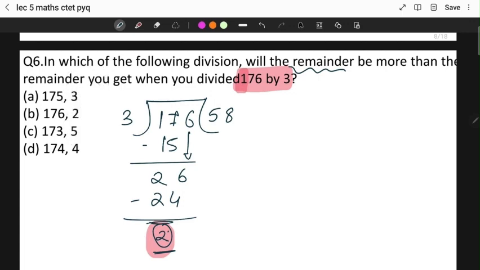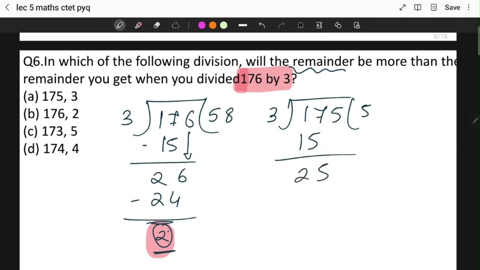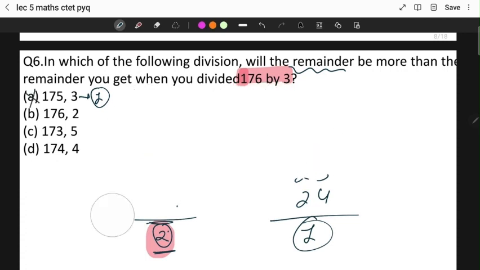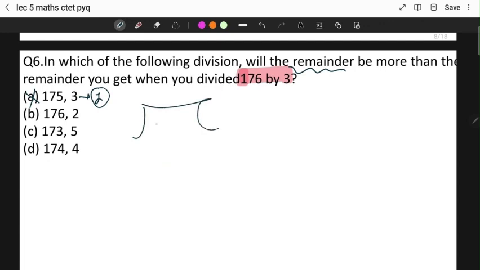So if we start dividing 175 by 3, I'll get 3 5s are 15, 2, 3 8s are 24. So I'll get the remainder equal to 1. So here the remainder is 1, which is less than 2. So this is not the correct answer. Let us check now for 176 divided by 2. 176 divided by 2 is going to be